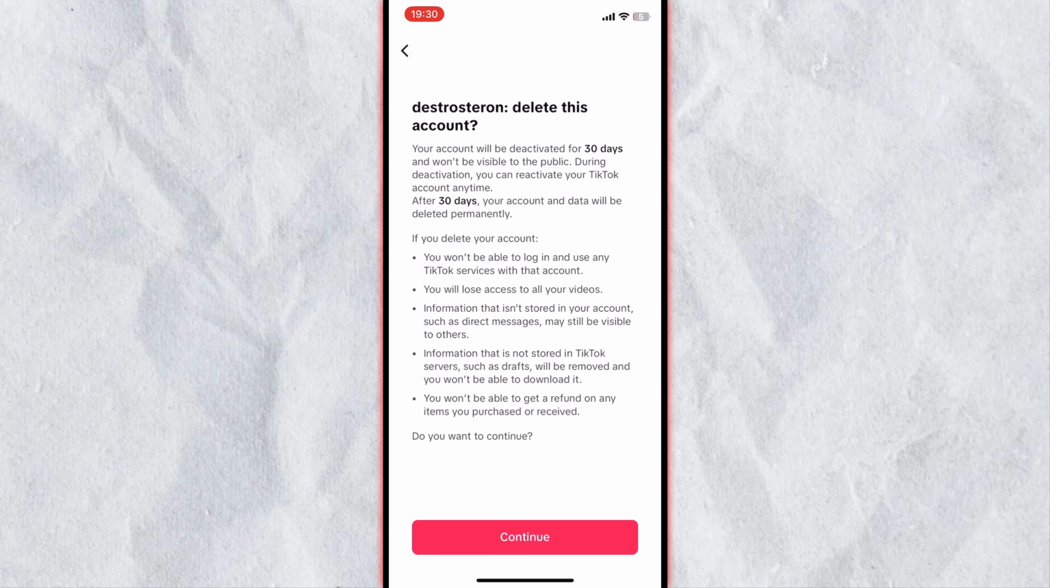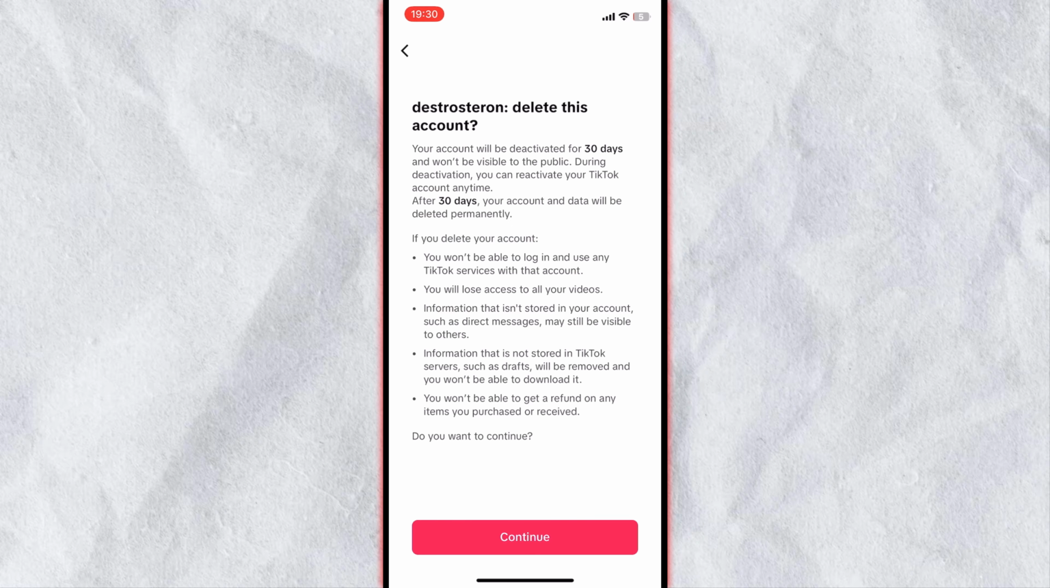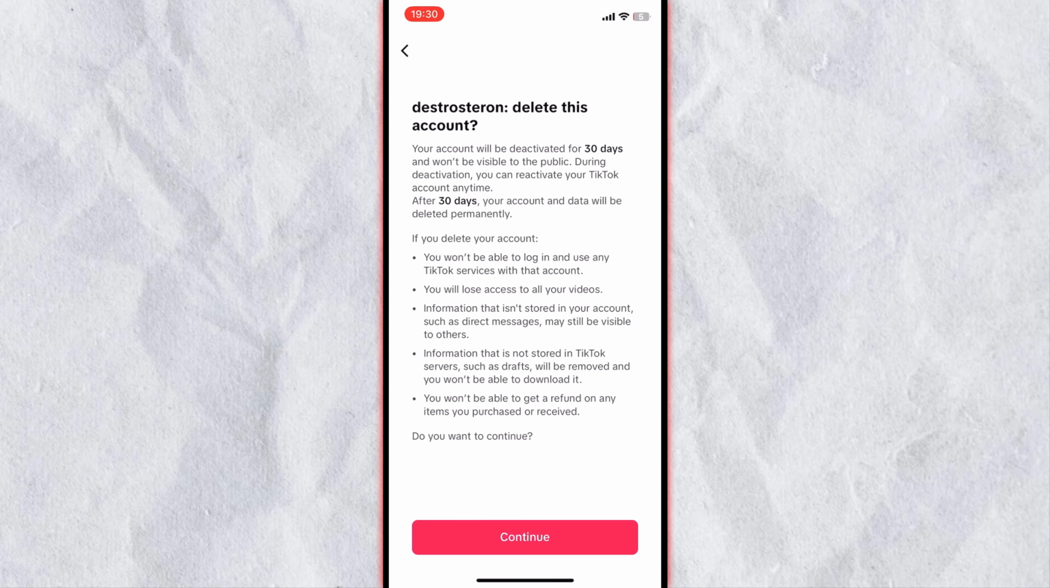and now it warns you one more time that your account will be deactivated for the next 30 days. It won't be visible to the public, and also that if you change your mind, you just have to sign in, and after 30 days your account and data will be deleted permanently. So read all this information, and if you want to continue, press on continue down below,